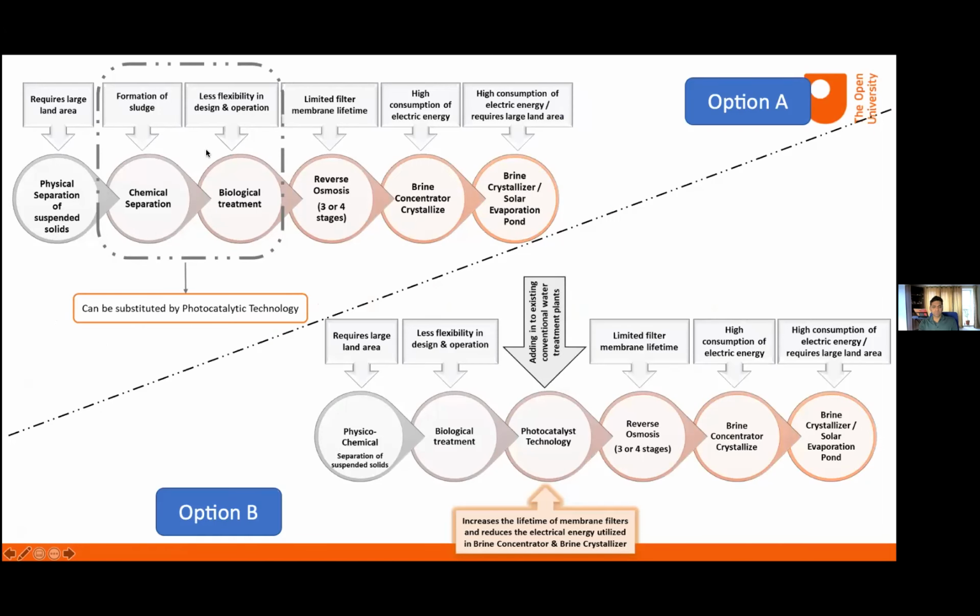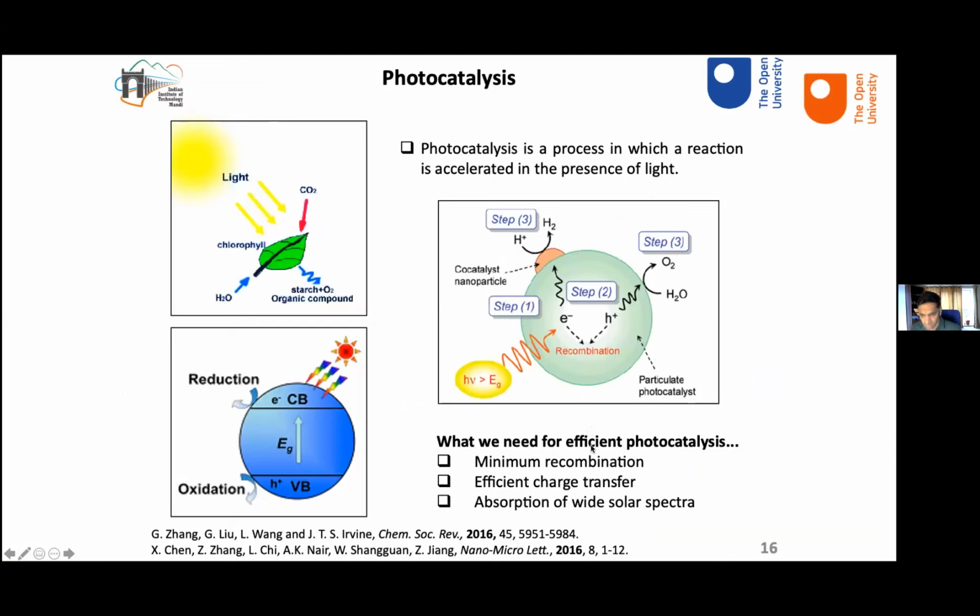So we are proposing, this is about a 10 million project which was funded to my group last year, that instead of the steps after physical separation and before reverse osmosis, we will substitute photocatalysis, and then go directly into the solar evaporation pond. Or probably we will take out reverse osmosis here, keep the biological treatment, and then use photocatalysis. There are different options which we are working on. I'll tell you how. Before we go into